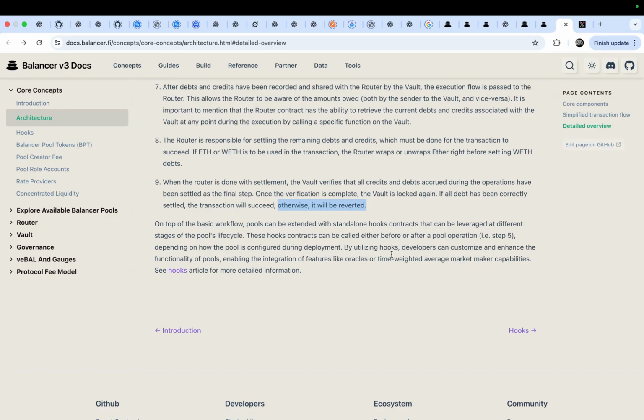By utilizing hooks, or we can call them plugins, developers can customize and enhance the functionality of pools, enabling the integration of features like oracles or time-weighted average market maker capabilities.